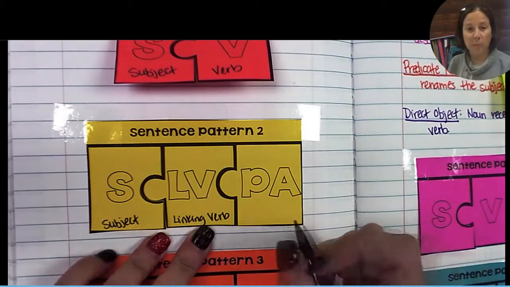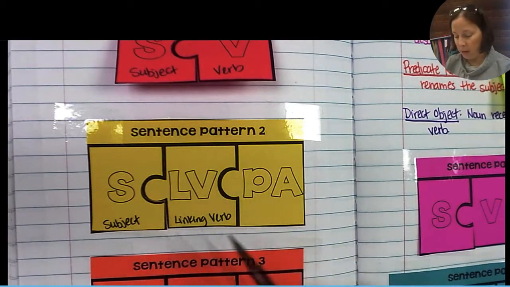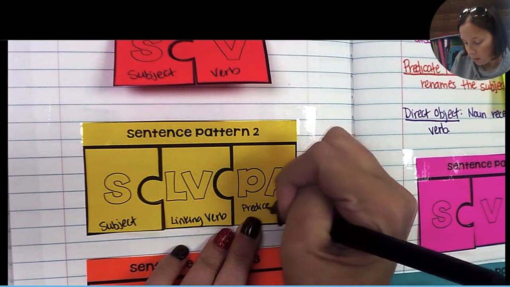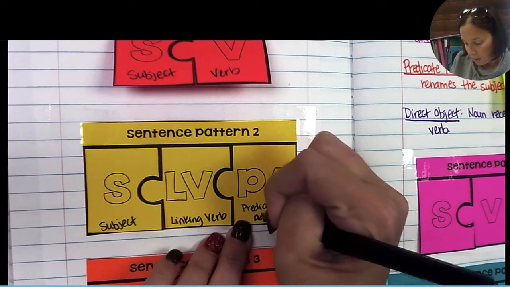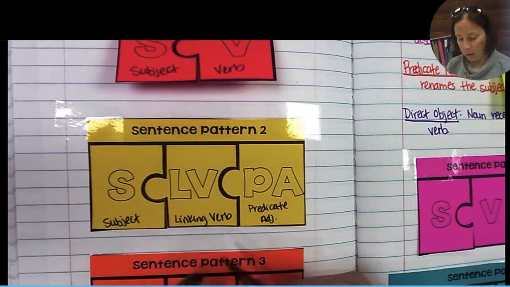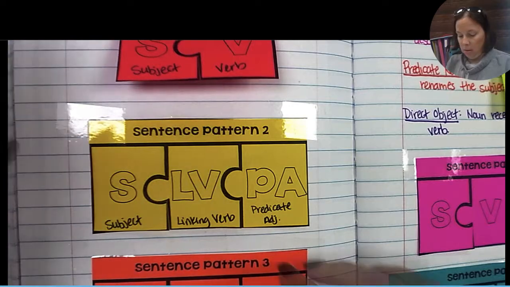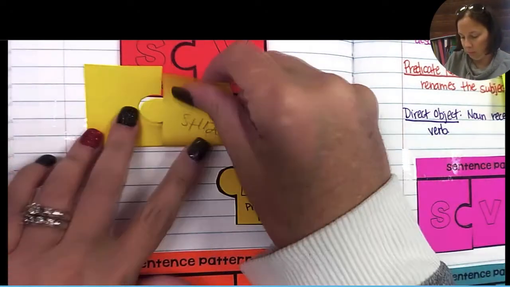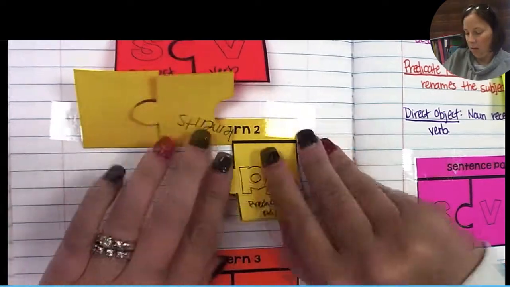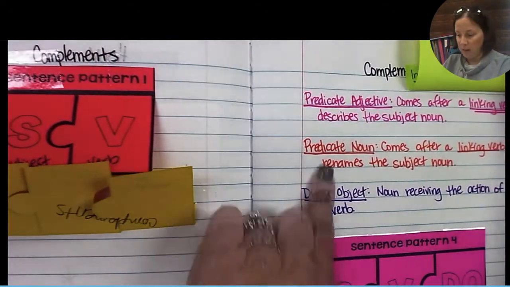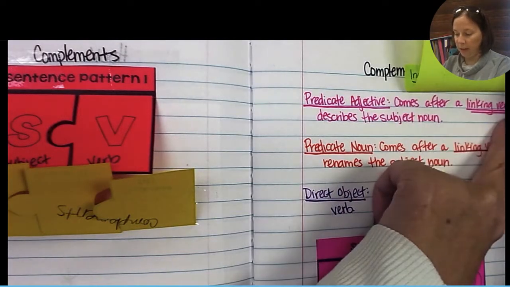Okay, so it's really important to understand that when we are talking about our predicate adjective, it has to have a linking verb. So remember over here where we had our definitions and it says the predicate adjective comes after a linking verb and